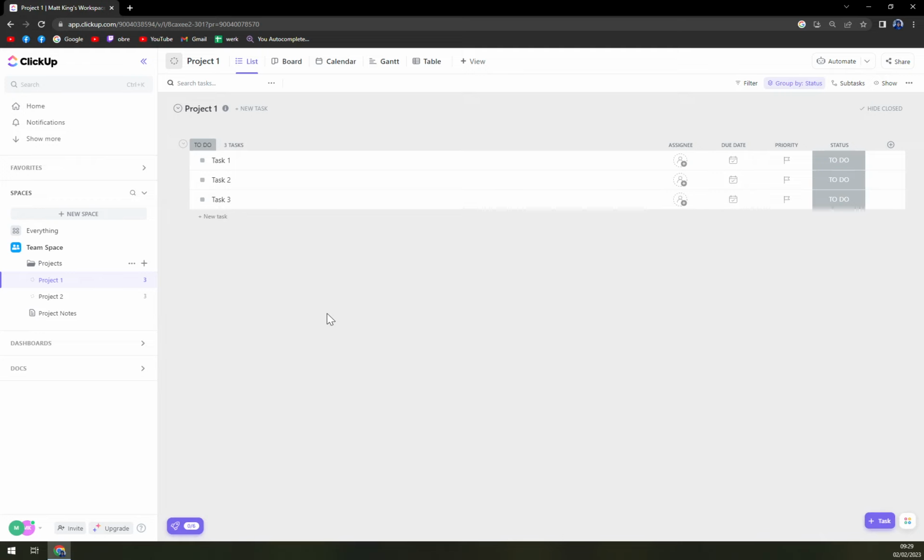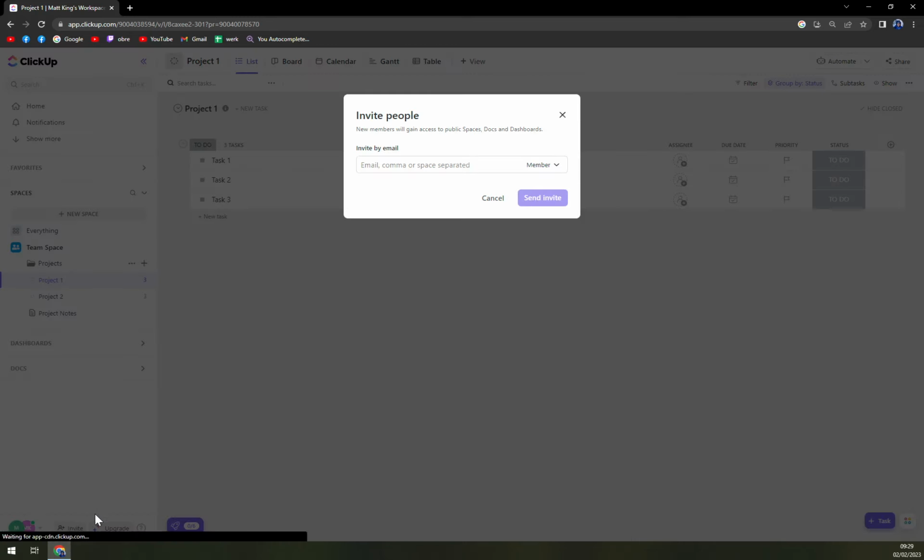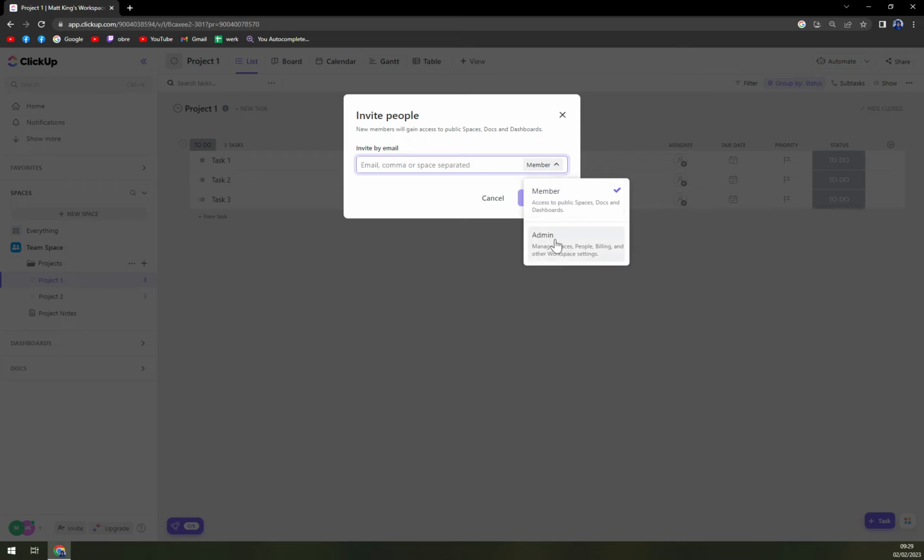First things first, we have to log in to our ClickUp account, and once we are in here, we want to focus on the bottom left part of our screen. We can do this in two ways. The first one is to just click on invite users at the very bottom, and here you can write down the email of a person that you want to invite, and also straight away add a role, for example member